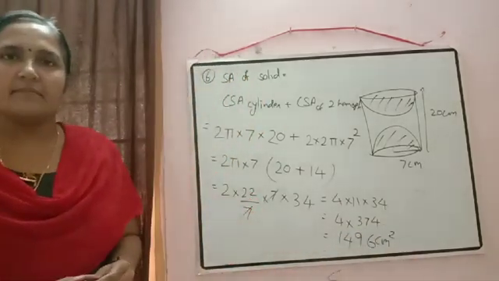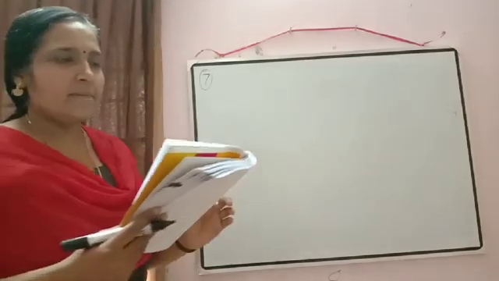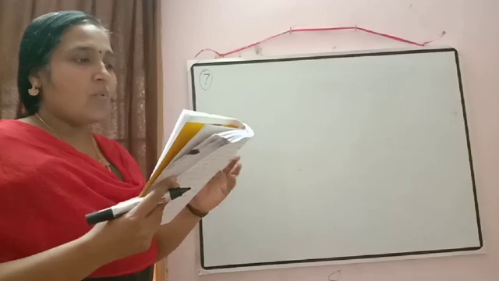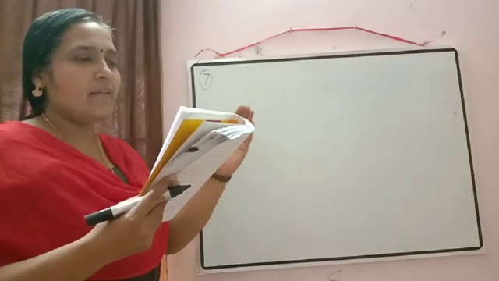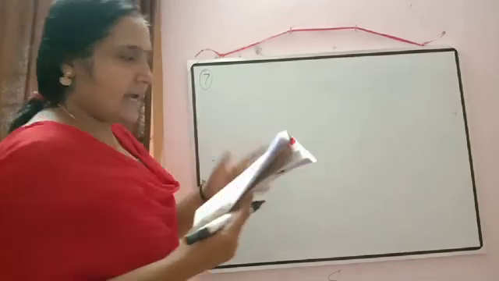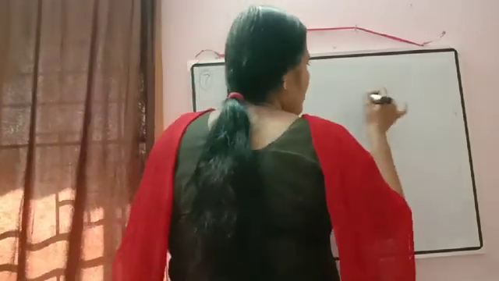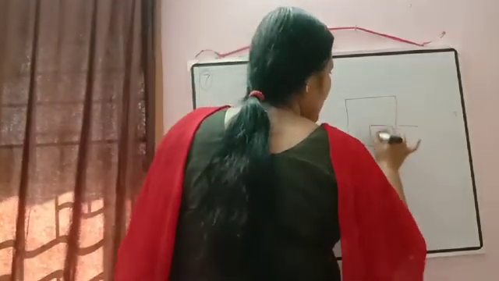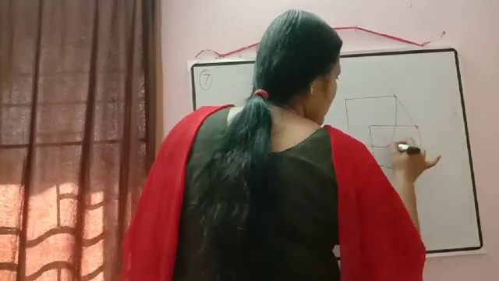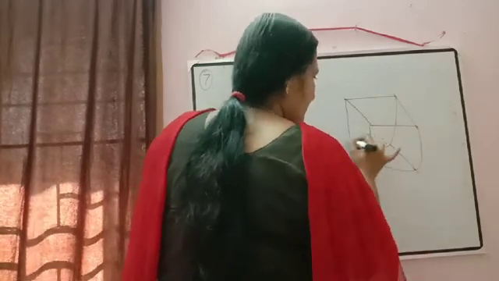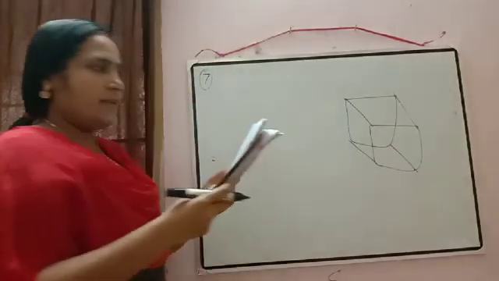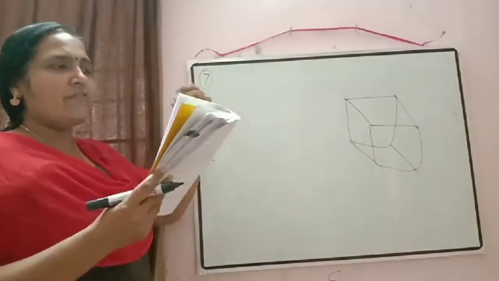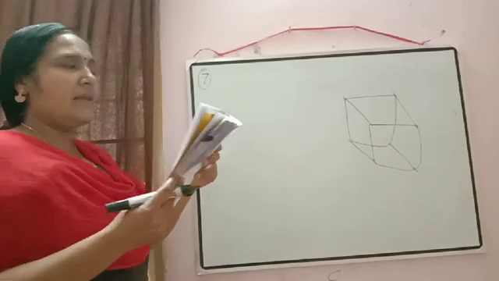Okay. Now the next question is, a hemispherical depression is cut out from one face of the cubical wooden block such that, now just to check here, the cube I am not drawing, I am just drawing a rectangle. If you need a cube we can draw, but I think in that you will not get the concept which I am going to explain. A hemispherical depression is cut out from one face of the cubical wooden block.